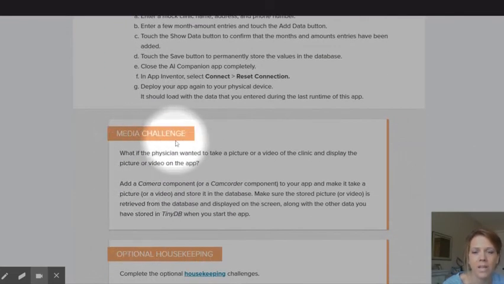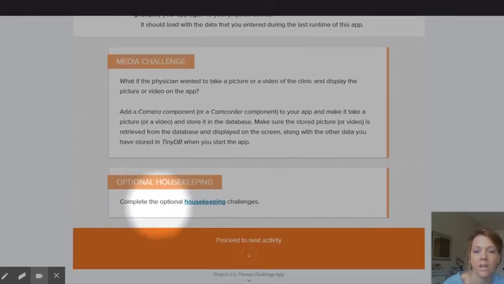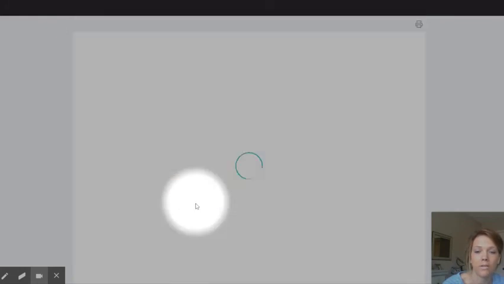We have a media challenge. So if the physician wanted to take a picture or a video of the clinic and display the picture or video, what would that look like? How would we do that? We want to add a camera component to your app, allow it to take a picture and store that in the database. Make sure the stored picture is retrieved and displayed on the screen along with the other data that you have stored in the TinyDB, or complete any optional housekeeping challenges, which are